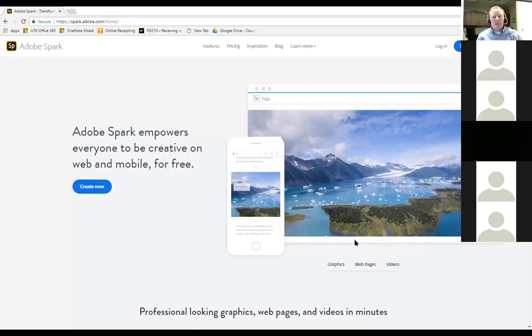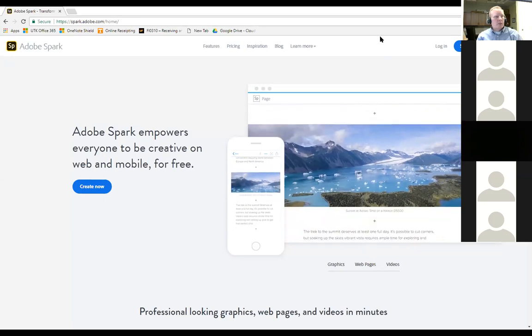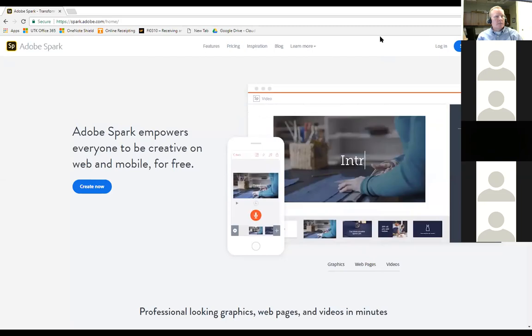If I can type spark.adobe.com, and I will share my screen for the last time today. There it is. A few things on the screen. You get to where you have a lot going on and then you can't see it all. So when I come in and I look at this,